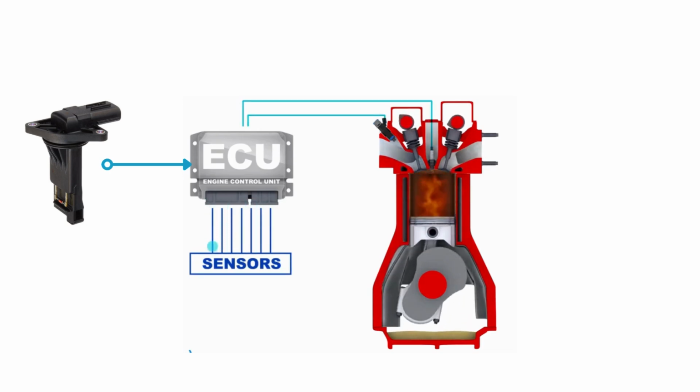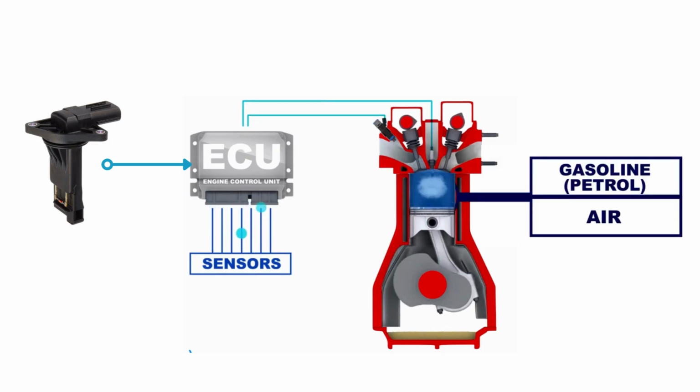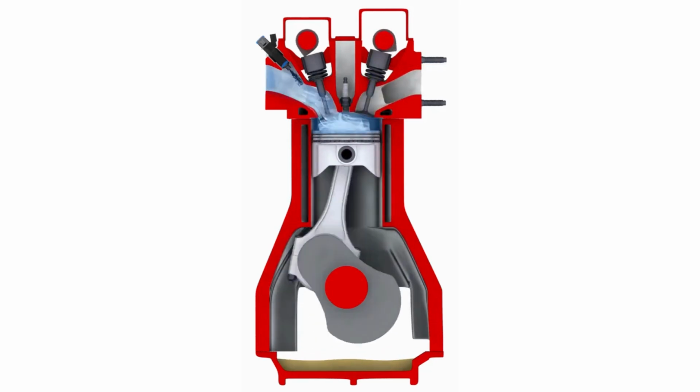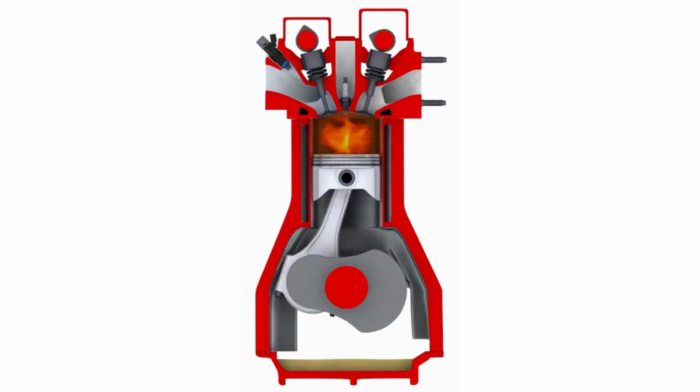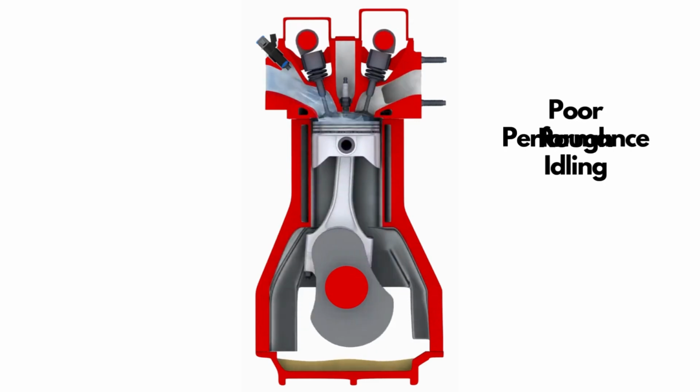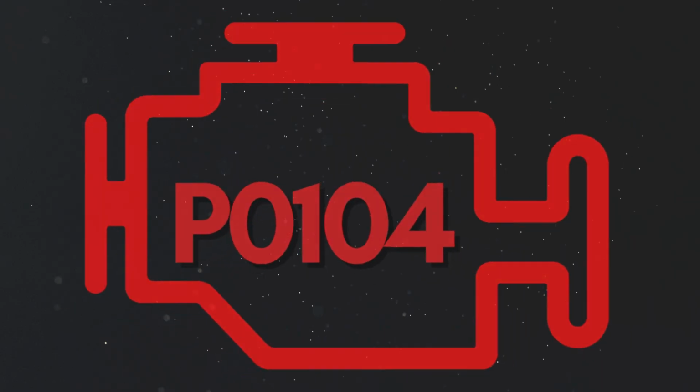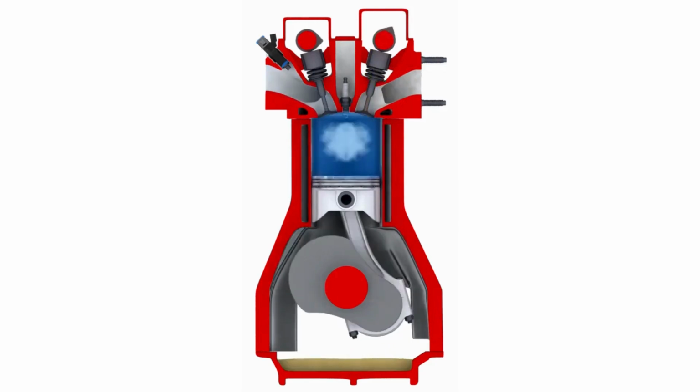In simple terms, the MAF sensor tells the engine how much fuel to inject based on the amount of air coming in. If the reading is off, the entire fuel mixture becomes unbalanced, which leads to poor performance, rough idling, and even trouble codes like P0104. Now let's know why